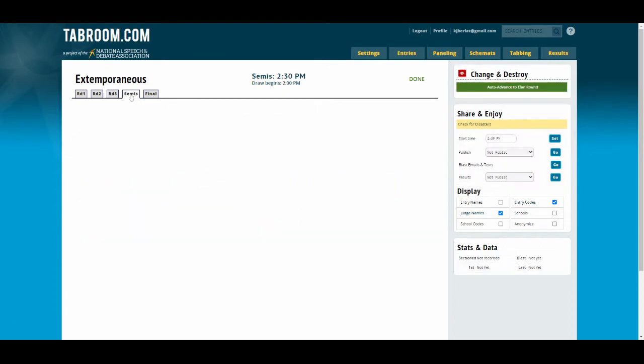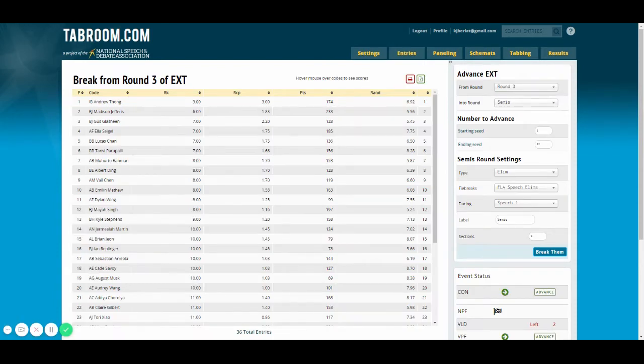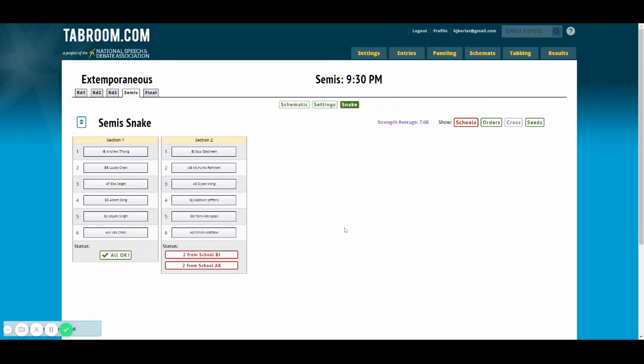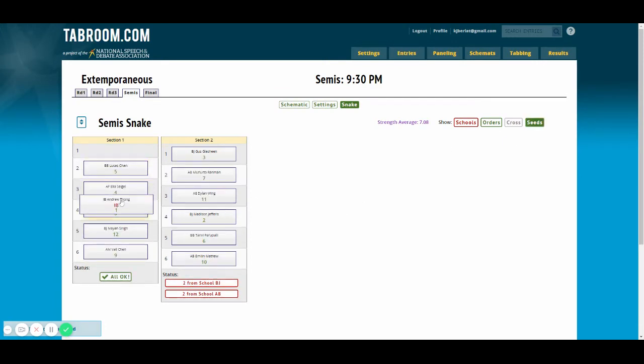So let's look at extemp. And extemp semis, we're going to auto-advance. And here we go. The 12th place person has a cumulative rank of 8. 13th has a cumulative rank of 9. And that's great because we can just break 12, break them, and then looking at our seeding again,